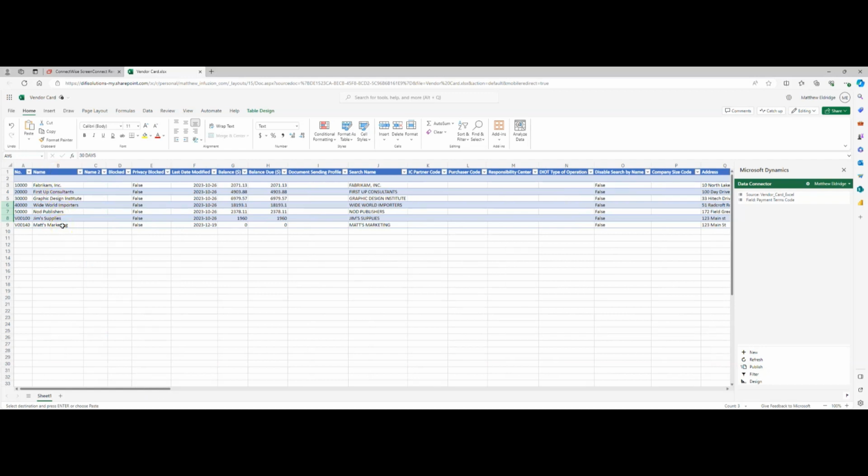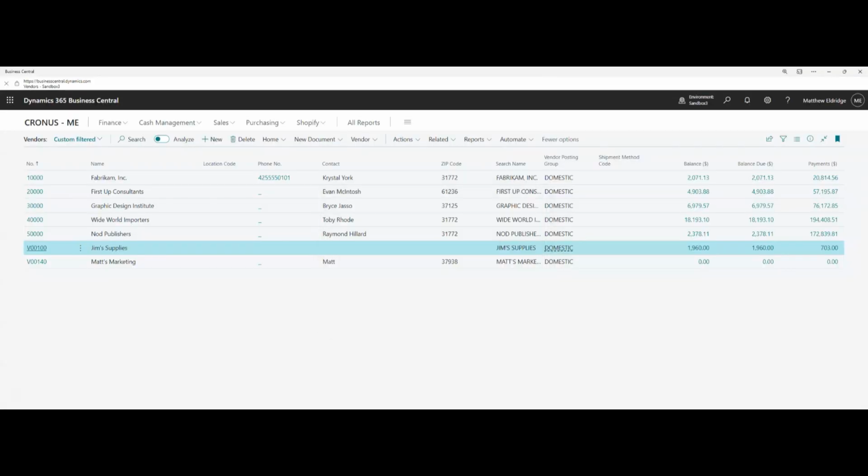Let's say that's all I wanted to make, all the changes I wanted to make, and now I'm ready to publish that. So if I go down under here, under this section and hit Publish, it'll make those changes for me. And then when I go back under my Business Central app, I can see that those changes have been